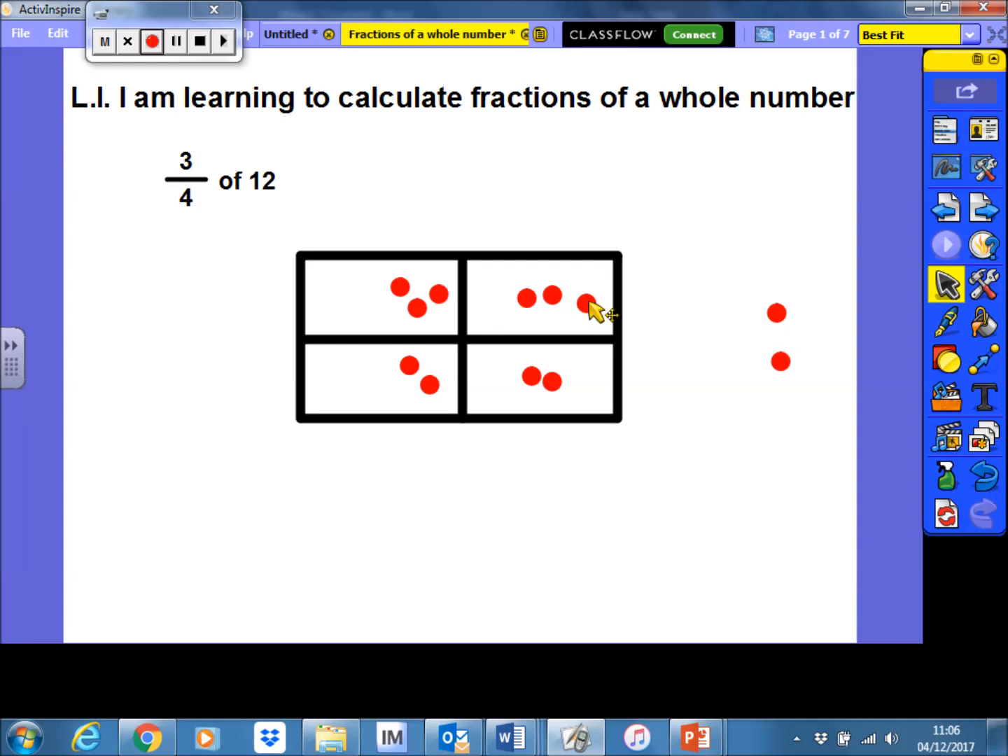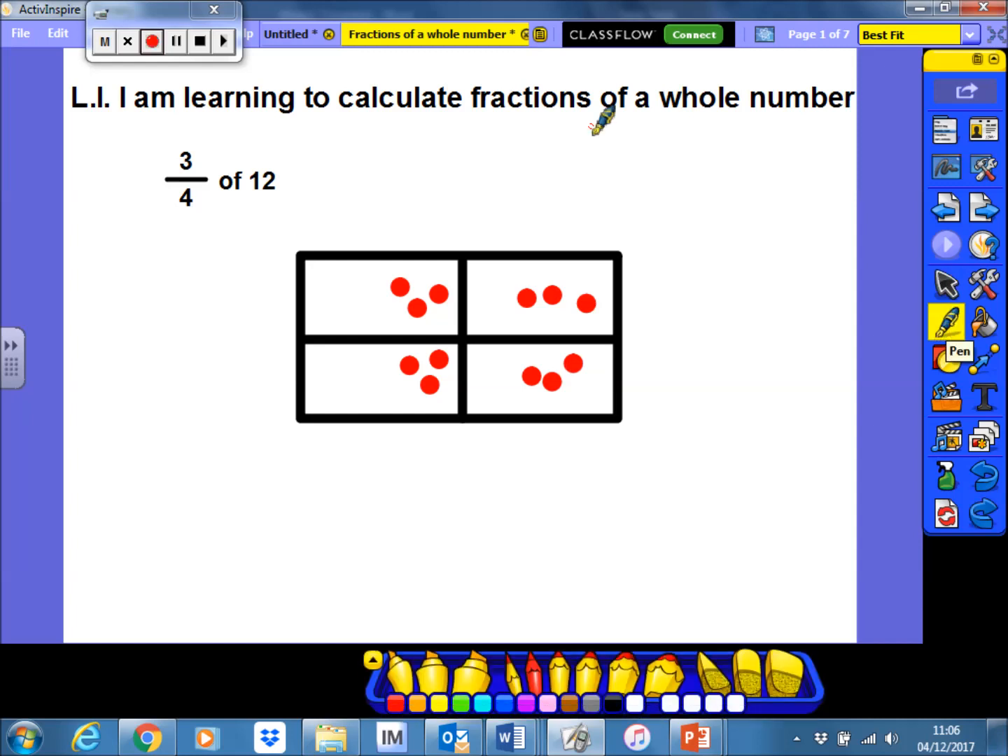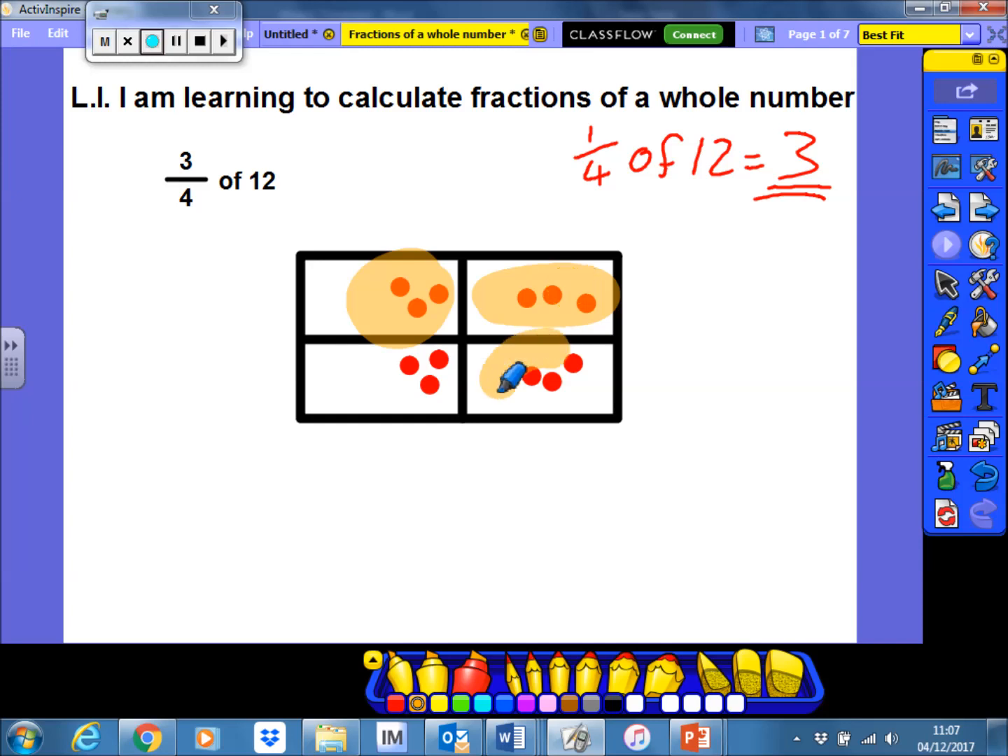And the answer that I get is 3. There are 3 in each group. However, what that is, is 1/4 of 12. 1/4 of 12 is 3. But we're not being asked what 1/4 is. We're being asked what 3/4 are. So, if 1/4 is 3, then 2/4 will be 6, and 3/4 will be 9. So the answer to this here